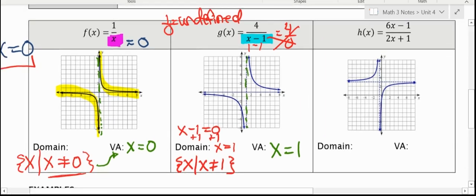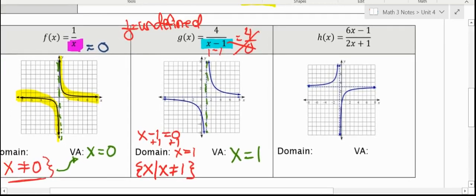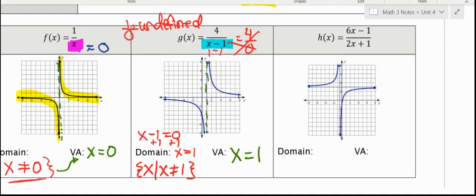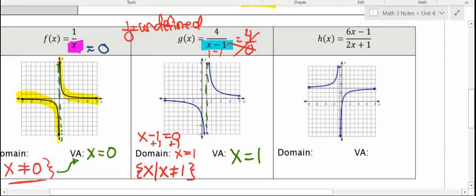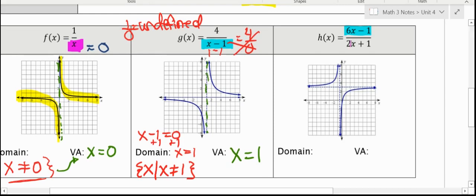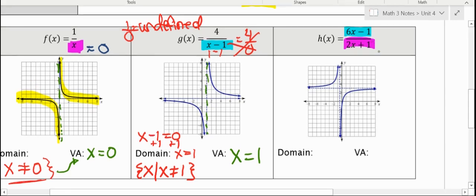And then finally, the last example, same thing. I'm going to go ahead and take a look. I can see I have multiple variables in this one. If I look at the top, I can't factor it. The bottom, I can't factor it. We're always going to want to look at that first. It didn't really matter for this example, but then I'm going to take a look at the bottom and do